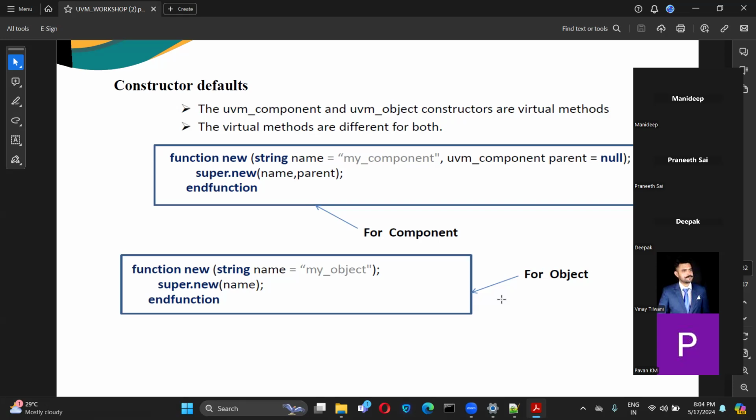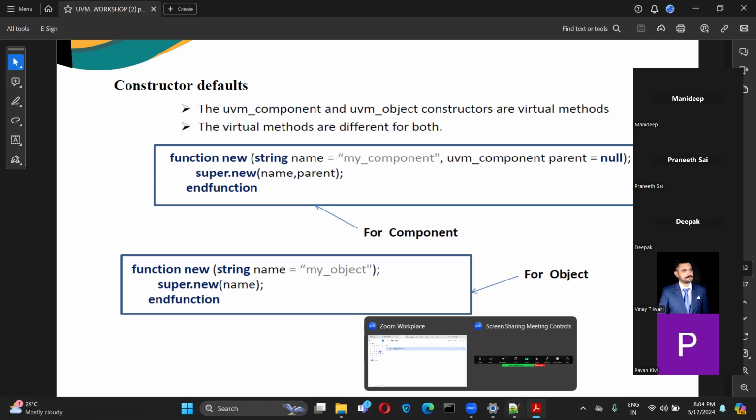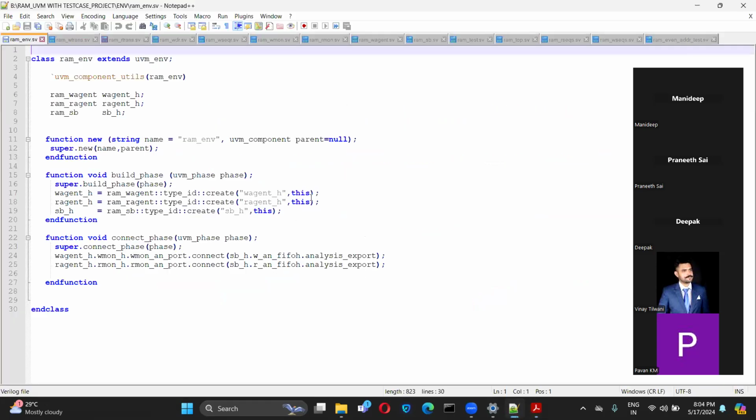So in the child test, what do I need to write now? UVM component parent equal to what? Should I keep the base test as the UVM component parent? Wait, I will show the same scenario I have.